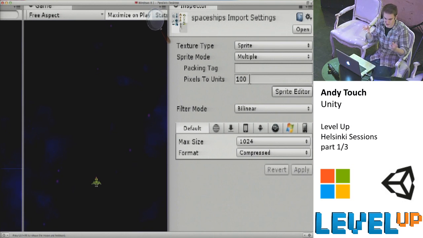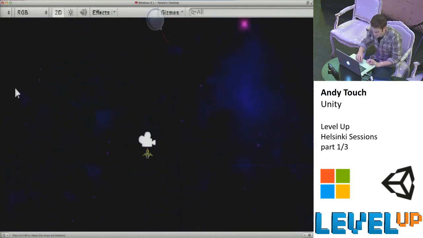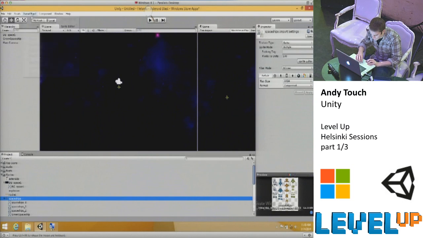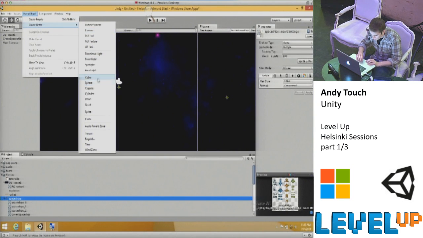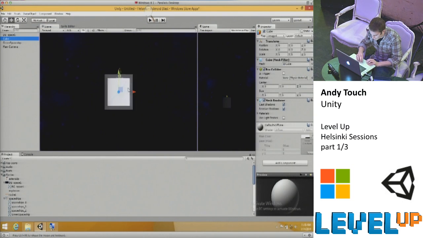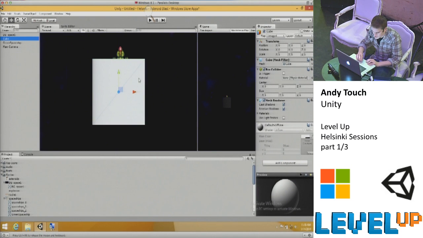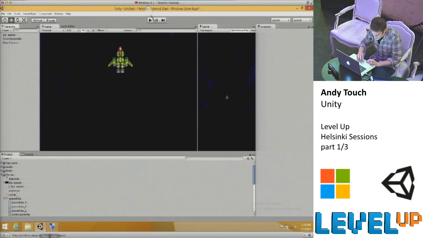We have units, which is kind of like, okay, if I make a simple cube, just for example, this cube is 1 by 1 by 1. And if we imported a texture that's 100 pixels to 1 unit, basically it's going to be the same scale as this cube. So if you really wanted to measure out exact platform widths and stuff like that, you can use that. So what we're going to do is instead of rescaling things all individually,